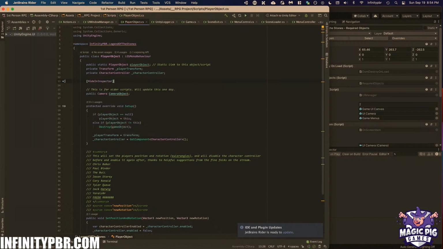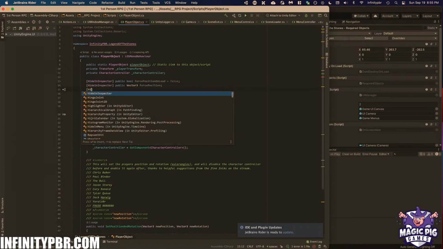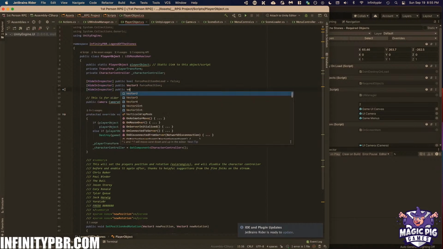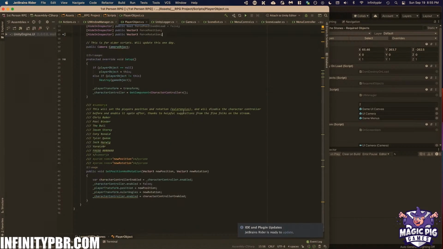So we will say hide inspector, public bool force position on load equals false, and hide inspector, oops, not header, hide inspector, public Vector3 force position, and hide inspector, public Vector3 force rotation. And what we'll do here